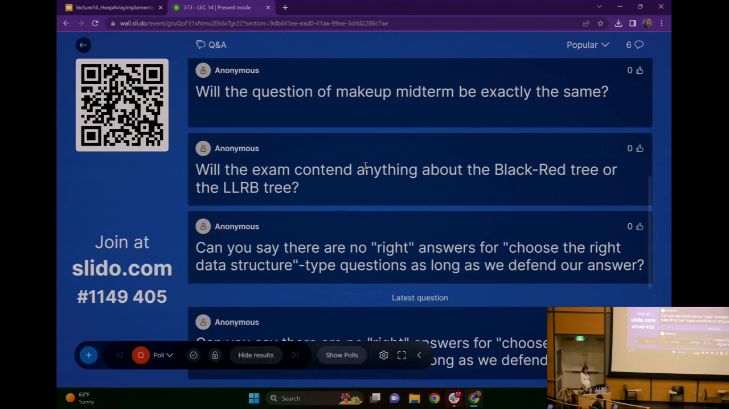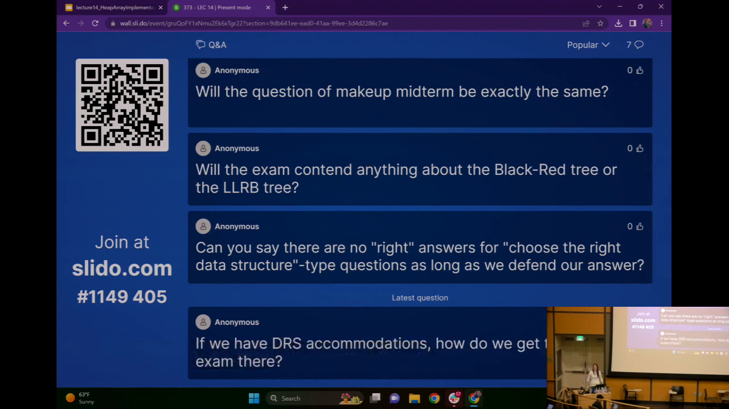Can you say there are no right answers for choose-the-right-data-structure questions as long as we define the answer? Yeah, I will say, just so you know, technically correct always wins in my class. So if you can defend your answer, we will probably take answers that are different than the ones we thought of, but I will tell you